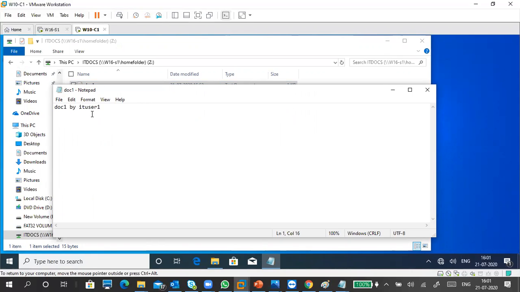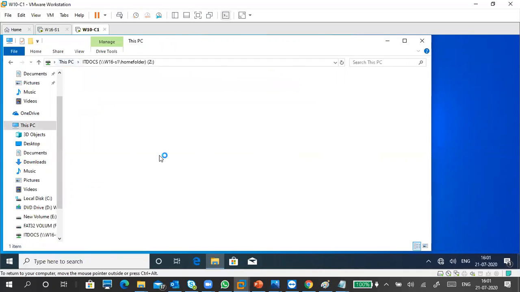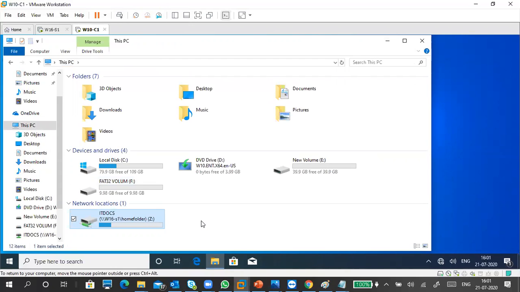So this was created by IT user 1. Like that, we can share the data or store the data in a common shared folder. Instead of saving in the C or D drive, or in documents and pictures, you can save into our location.